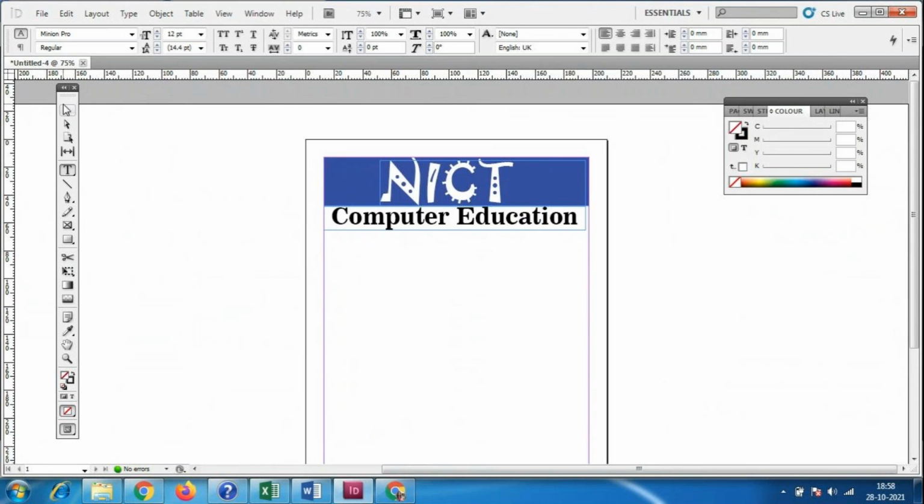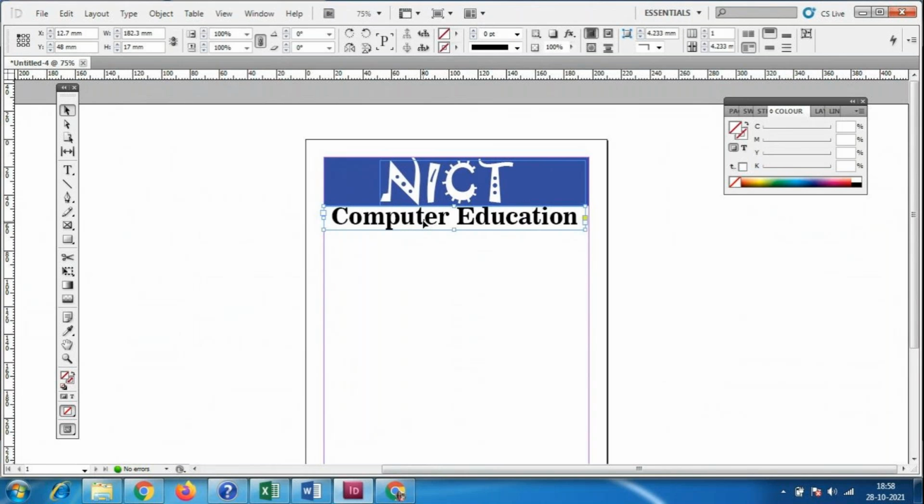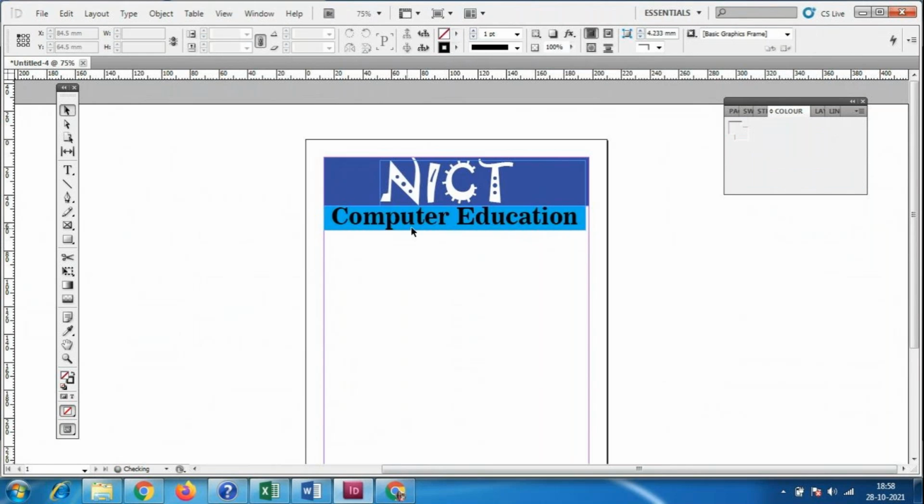So again, for this computer education, we can take a separate box. Otherwise we already have the text box, and for that we can add the color, but we have a problem. If I add the color for this text box, look here, the color will come automatically, but we cannot separate it.